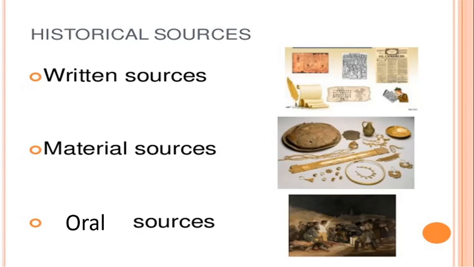Now as you grow up, children, as you go to the 6th standard, 7th standard, you will see that for 4 consecutive years you are going to learn about sources of history. In the 6th, 7th, 8th and 9th standard, you will be learning about these sources of history in detail, okay? But in this lesson we are only trying to understand how we apply the scientific method to history. How do we apply the scientific method to history?